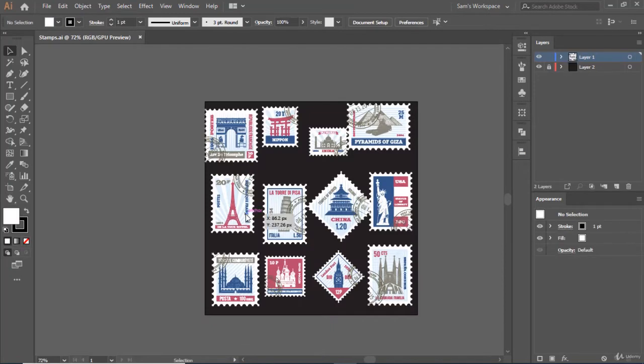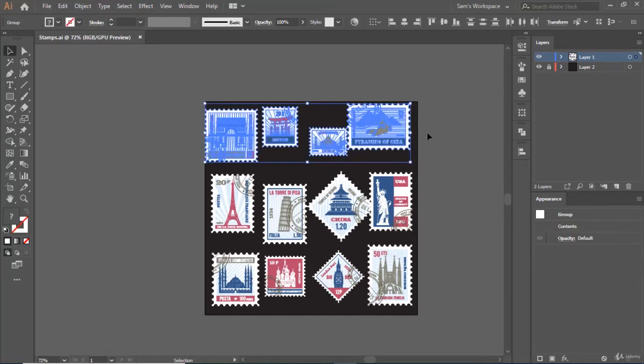So in this file you have certain stamps. They have been randomly placed on the artboard. What we'll be studying today is how to align them. So let us take for example these first four stamps. So we select all of them by drawing a marquee around them like this,